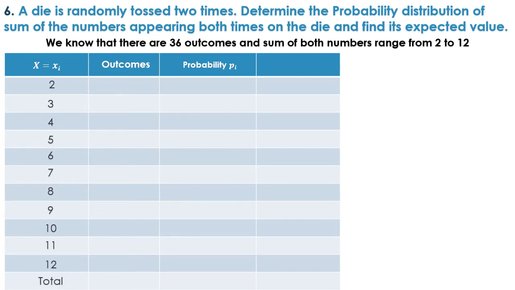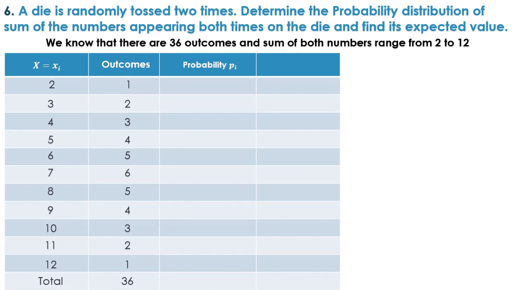Now outcomes, I hope you guys remember the probability chapter. In that we have discussed these 36 outcomes too many times. So sum 2 appears only once, sum 3 appears twice, and so on up to 6, and then in decreasing order up to again 1. So the total is 36 outcomes. Nothing new here. In case you don't know this, you can always refer back to my probability chapter tutorials. There are 19 of them, but they are quite informative for you guys.